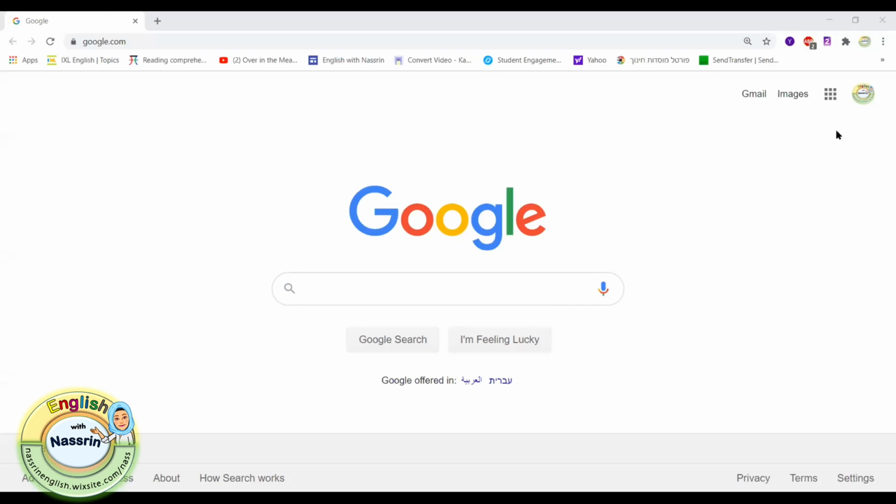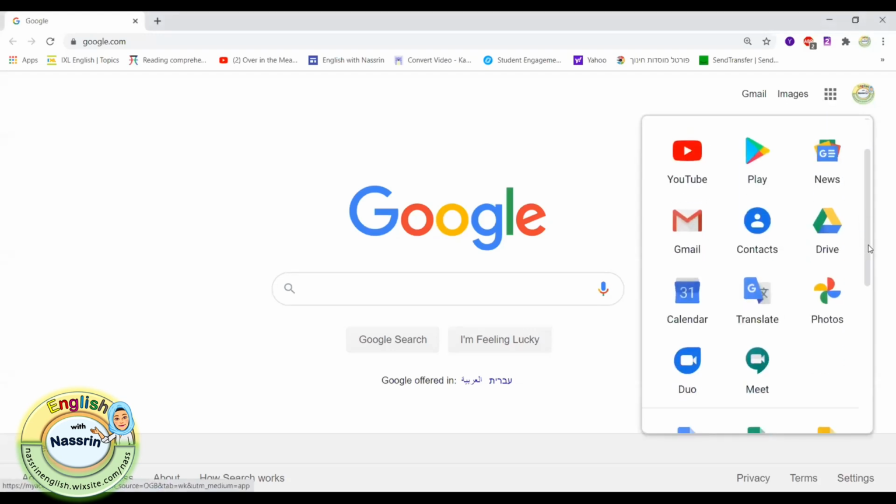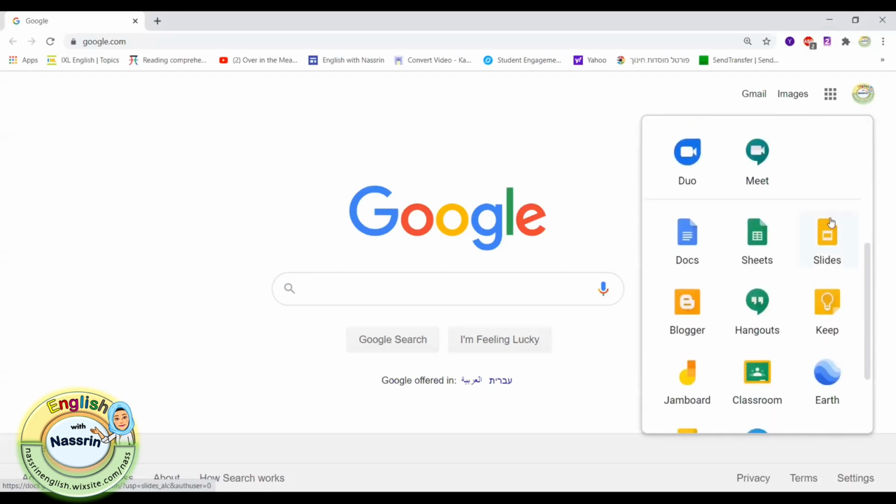So first of all, you need to make sure you have a Gmail account. If you don't, it's very easy. Make sure you make one. And then you go here and you scroll down to where you see slides. Okay, you click on slides